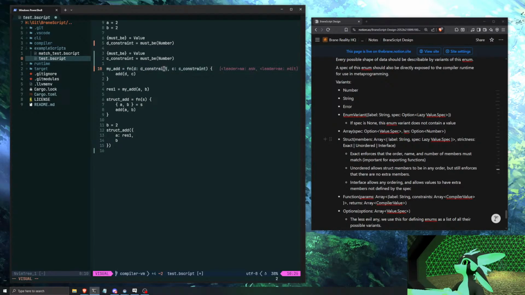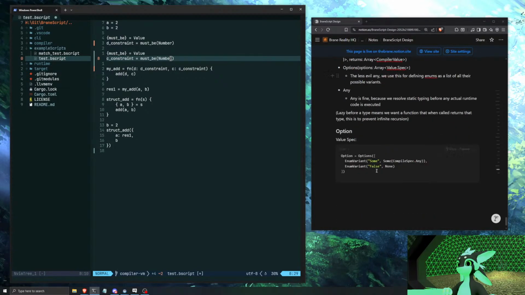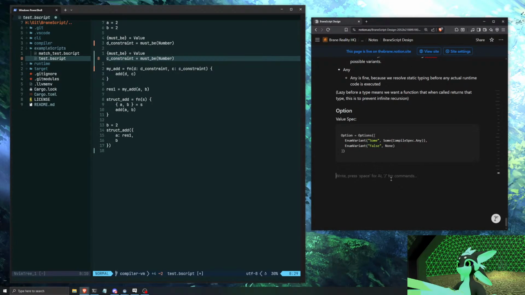Maybe constraint actually needs to be anything that implements into constraint or something like that, or is into constraint compatible. Because if we think about all the different things, like when we create a type,